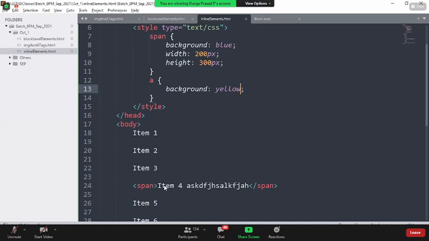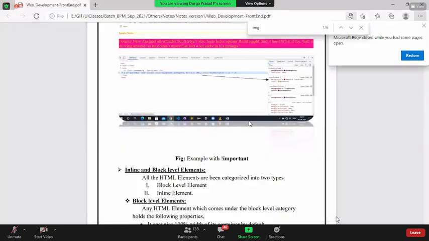Now, any element behaving like this, we simply call it an inline element. Any element behaving with the other properties, we call it a block level element. So from today, any time we go with a new tag, you need to understand based on the way it is rendering. Rendering means how it is getting occupied on the page. Based on the way it is rendered, you should be able to say whether it is an inline element or a block level element. A very, very important topic, guys. If you go into the notes, it was clearly given.